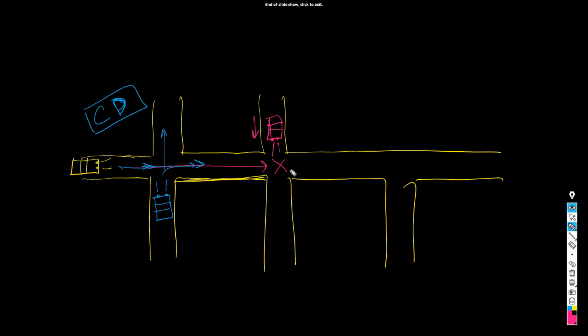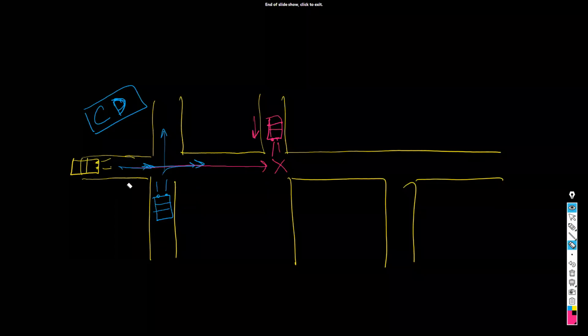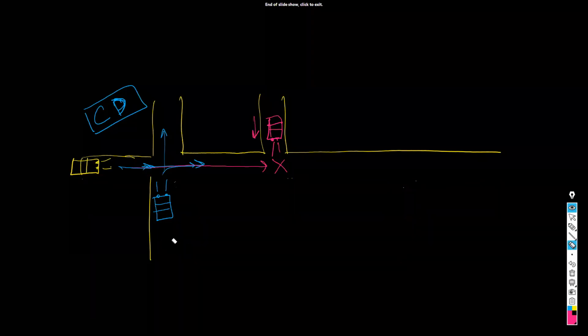So this is one collision domain, which means only two devices can talk to each other. If this is like a switch, this road is like a switch, and these are messages, blue, green, and yellow. So one person can send one message at a time. Then it has to wait for the other one, then the other one. But what will happen if I just make this road a little bit more broad? Which means if I make it broad enough so that two cars can pass at the same time.